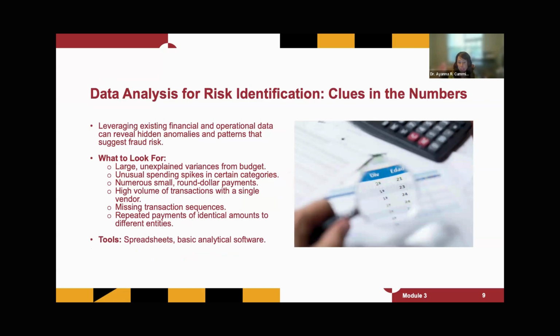Large, unexplained variances from the budget, several of them in sequence or in non-sequential order; unusual spikes in our spending in certain categories; numerous small round dollar payments that end in 00 and so forth; high volumes of transactions with a single vendor, likely sometimes for the exact same item because there is such a rush to grab that dough; missing transaction sequences in numerical order where there's a number or two missing;